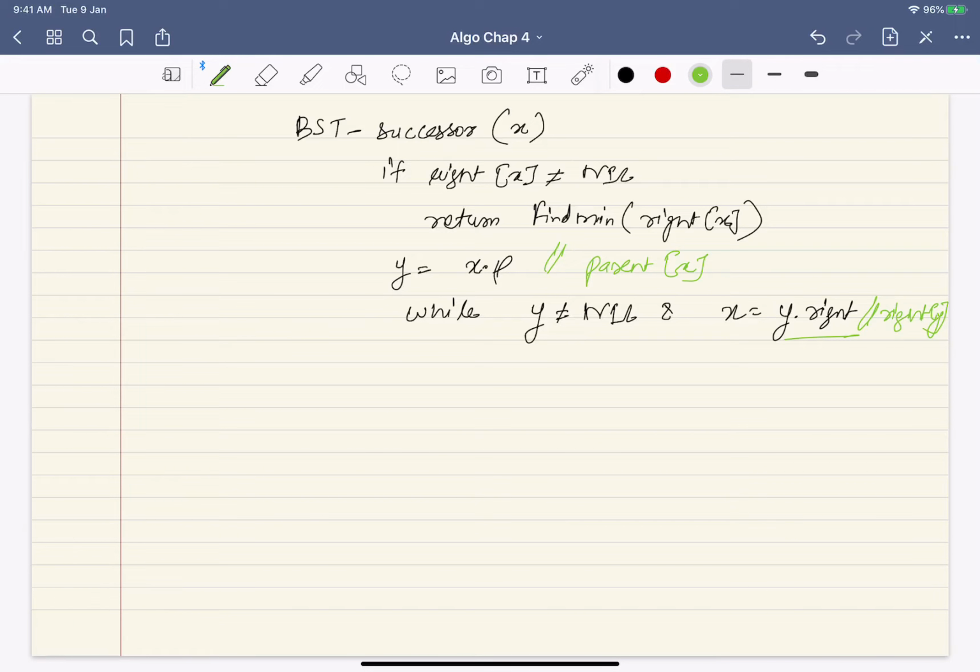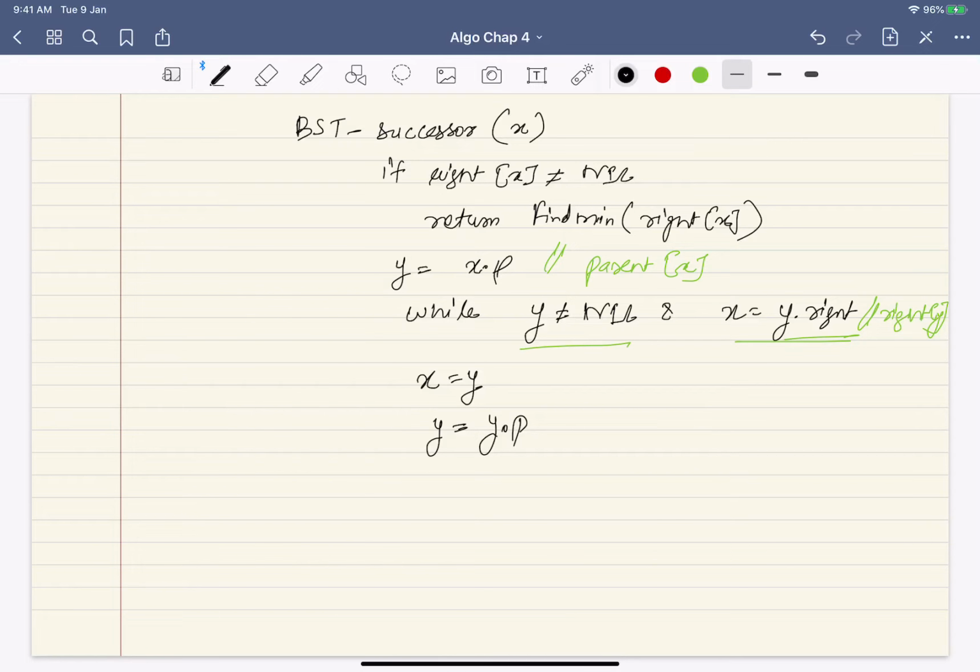Then you keep on making x as y and y is y dot p. So you keep on going up.